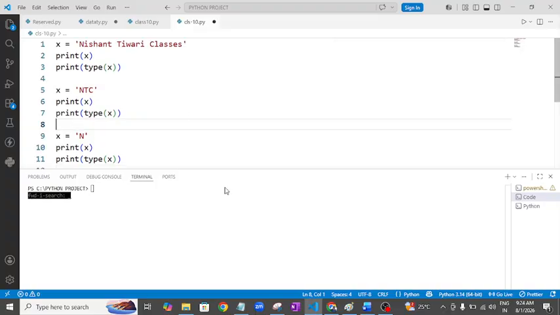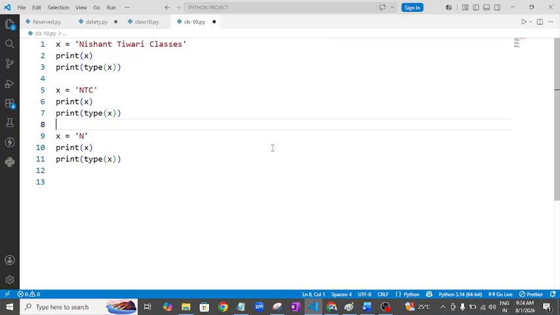I have just changed everything to single quote only. If you believe that this is the same response, let me remove Nishant Tiwari classes and keep Nishant Tiwari only. Then NTC classes. Let me put NTC classes. In place of N, I am going to put T. Let me put it like that. Happily, you can understand now.